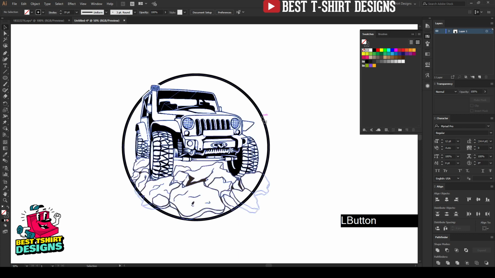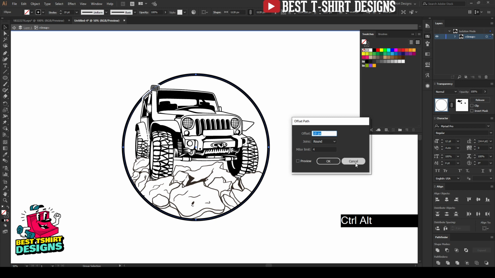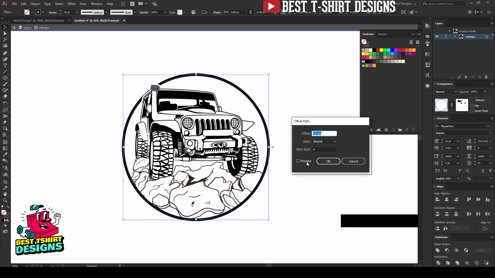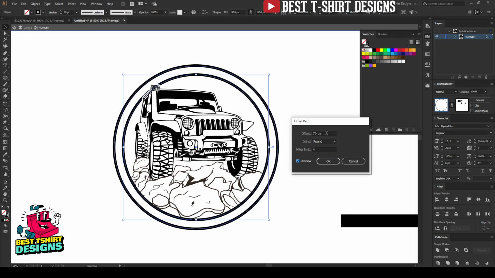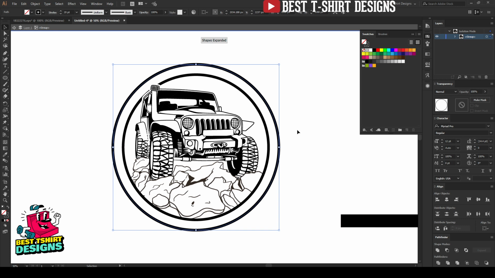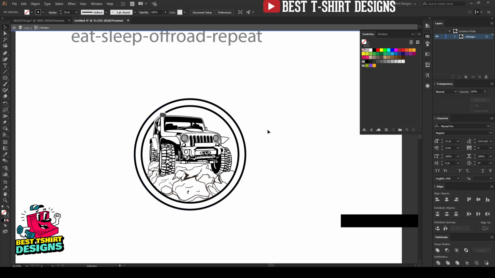I am going to select this ellipse here like this, and then I am going to press Ctrl Shift F, that means offset path, or you can go to Object, Path, Offset Path. If I turn on the preview, let's see how it is looking. So maybe I want an ellipse bigger like this, this position is good for me. Let's click OK. So this is going to make a copy of my ellipse like that. That is fine for me. Now I am keeping it as it is for now.